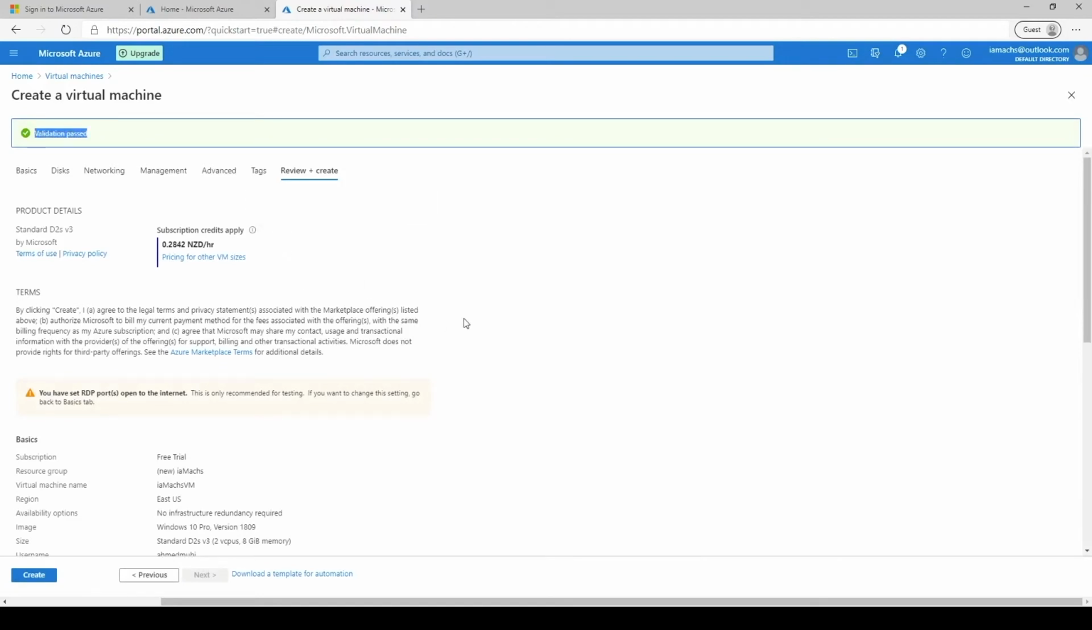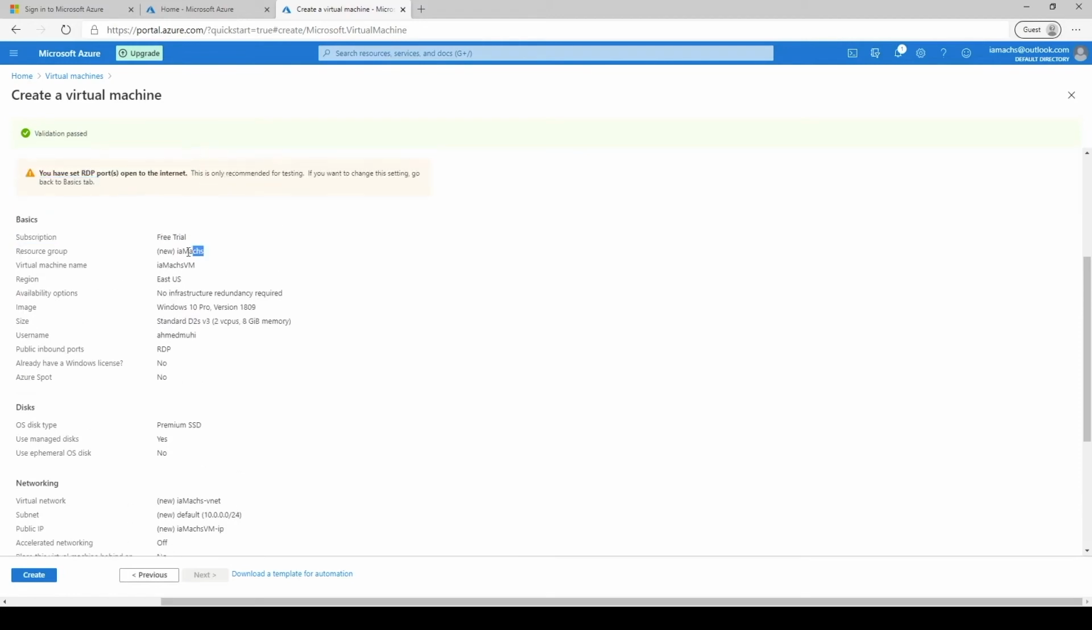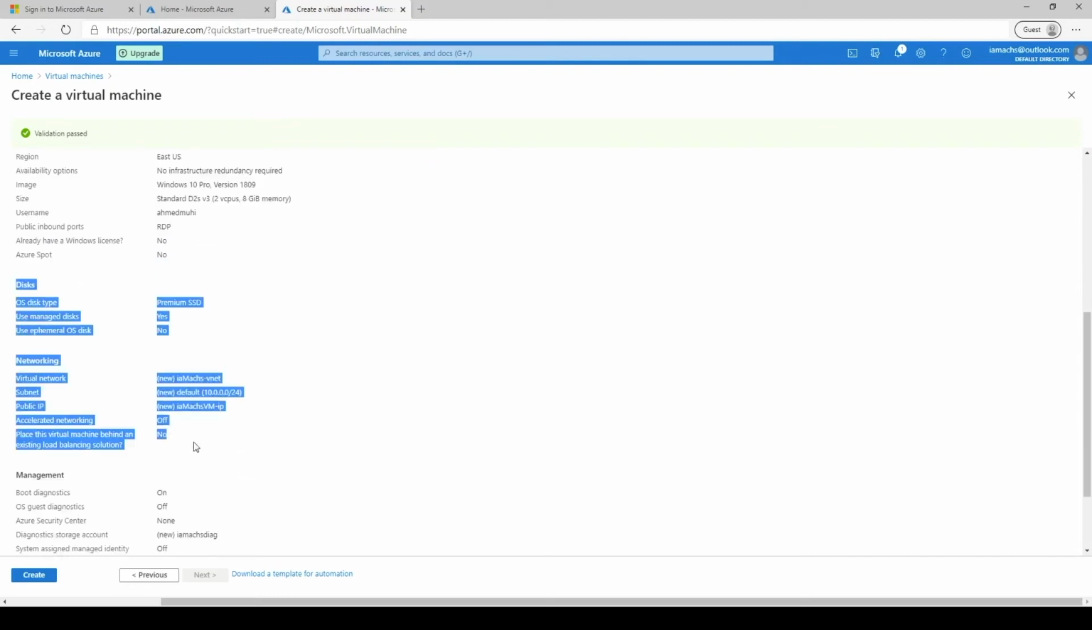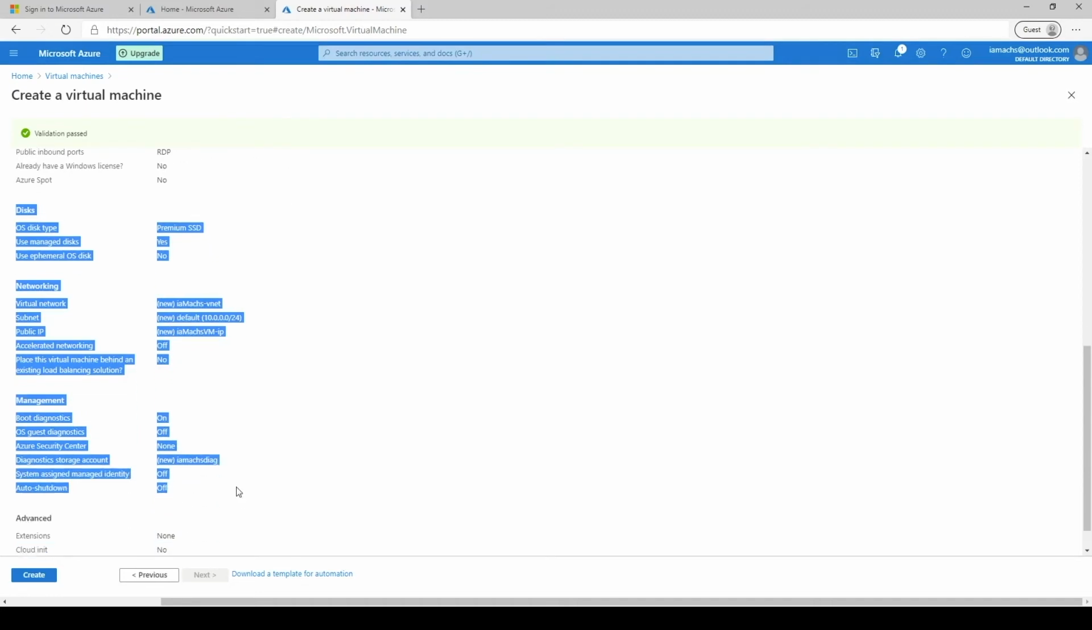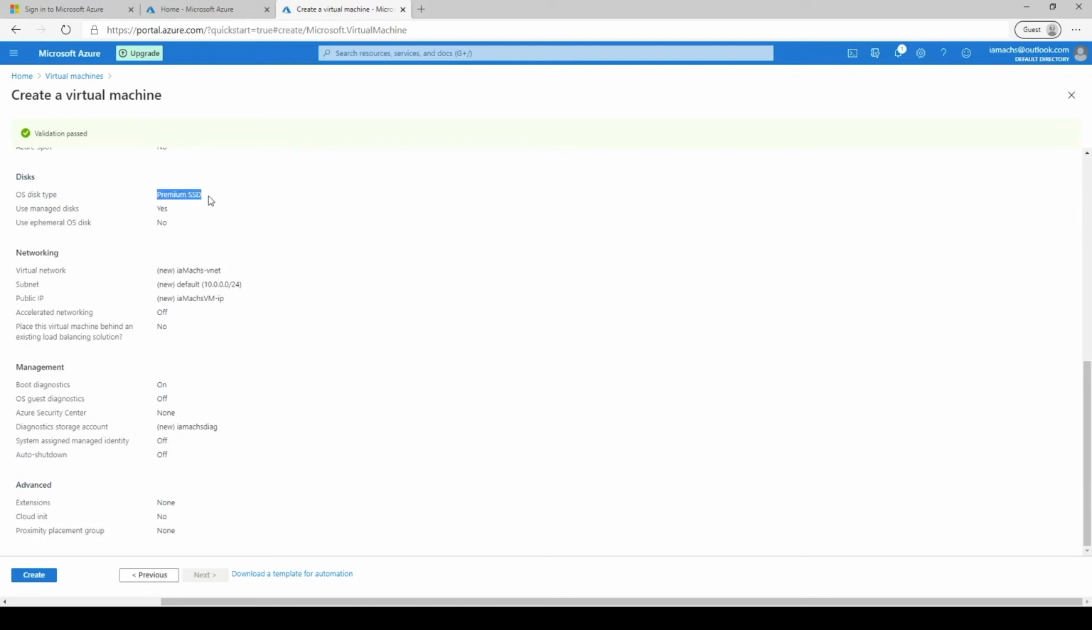And we just passed the validation. This is the configuration that we've given Azure, like the subscription group and the name of the machine, and what availability and what image and size and the rest of the configuration. And as you can see, there is some configuration that we didn't give to Azure, like the disk and networking and management. This is what Azure has given us by default, as we just gave Azure the bare minimum configuration that is required. We can change that, of course, if we click on previous, but in our case, we'll just go ahead